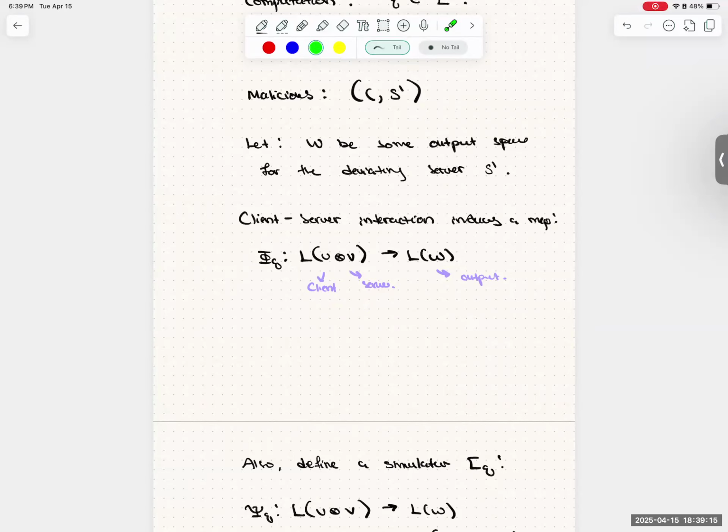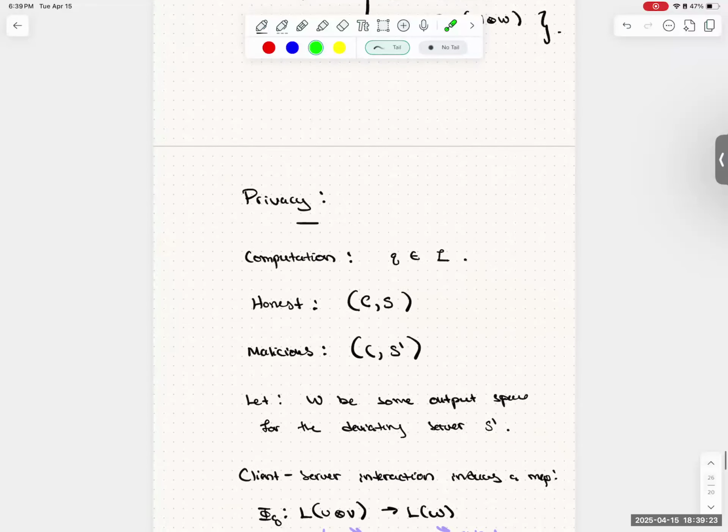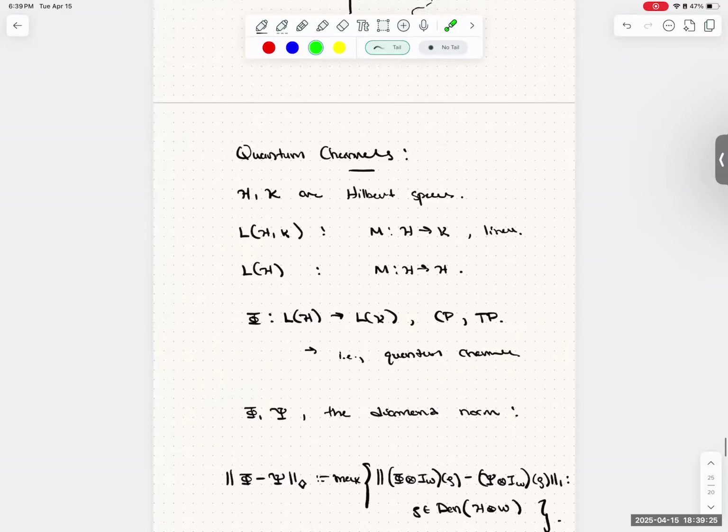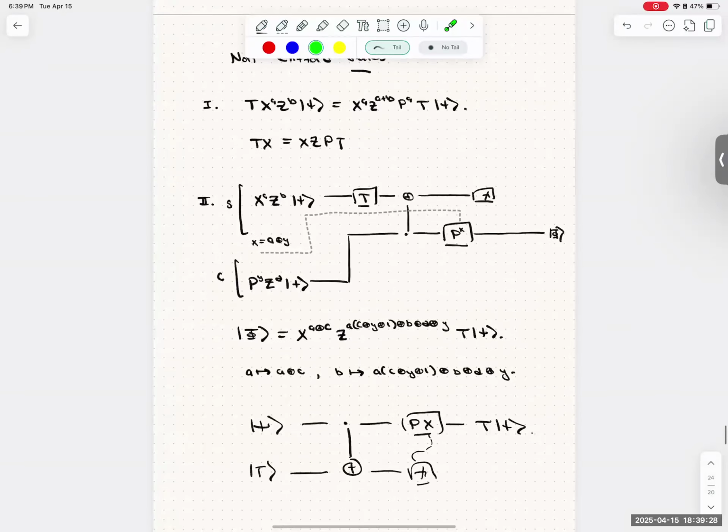Okay, but I still couldn't connect it back to the interaction of Alice and Bob in the previous part. If you go a little bit up here, for example, the T state case, do we still have this sort of interaction between Alice and Bob, or is this more general? Maybe in the previous case it was even simpler. But this is also a quantum channel, right? Of course. So, maybe I should ask directly, what is rho in here, for example?